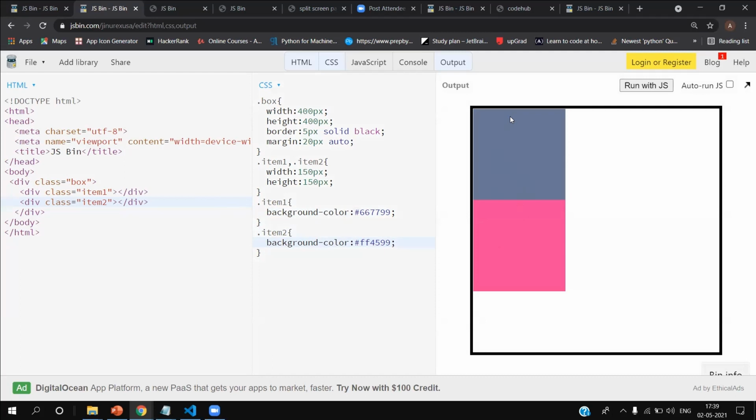So we'll use positioning in this. When I've not given any positioning, it is in static mode. So position static is this.